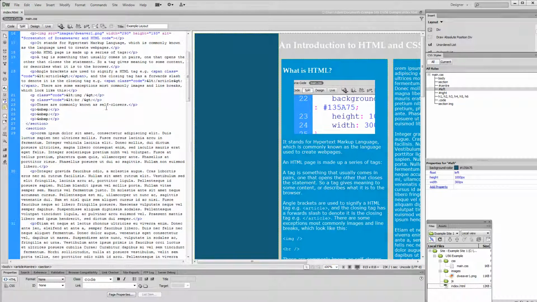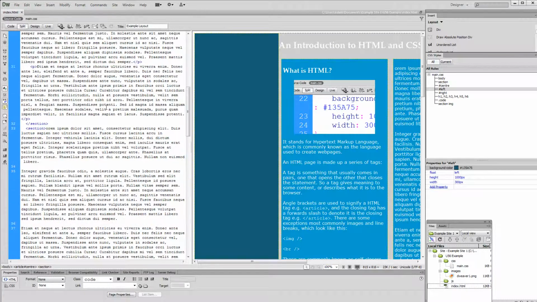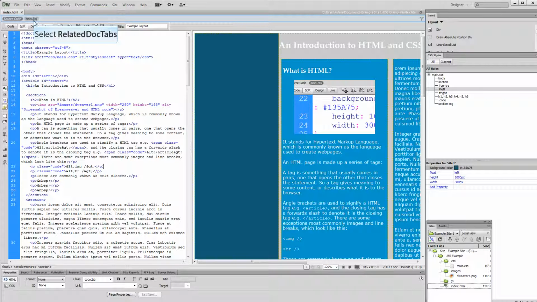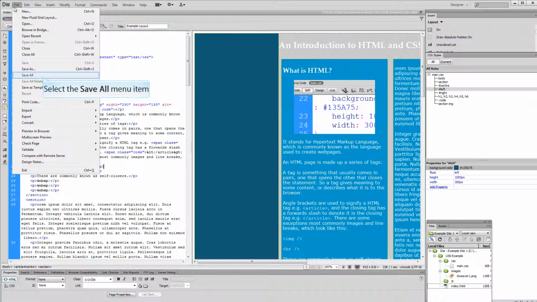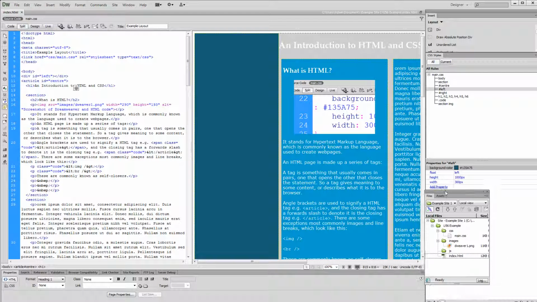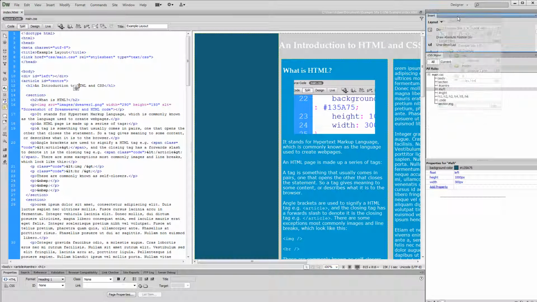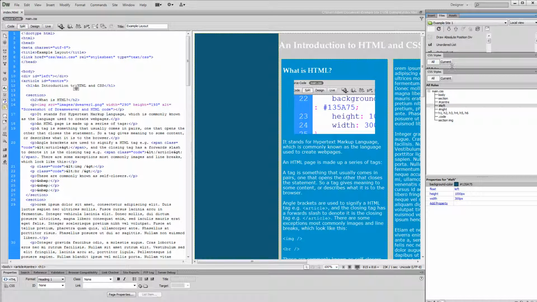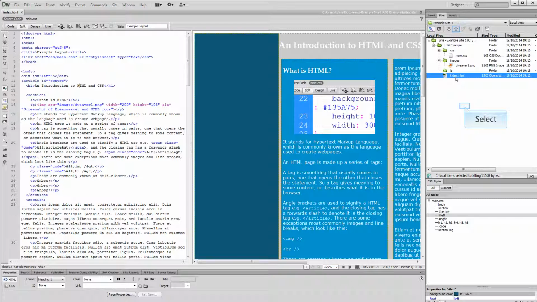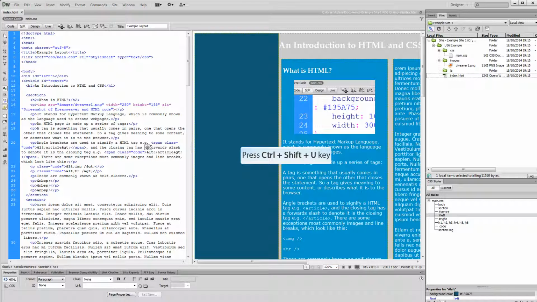And there we go. So if I had created this basic page, all I would need to do to upload it, I would want to save all, so that it's saved the CSS file, and then I could use the file inspector menu over here, which I've pulled off, but I'll dock it back on the right hand side for now. I could select the file I want to upload, so index.html, and click the up arrow, which puts the file to the server. Or from within the file, I can use the shortcut Control Shift and U,